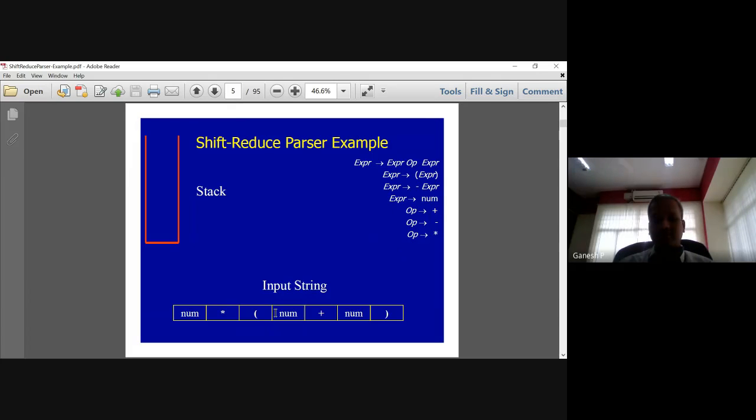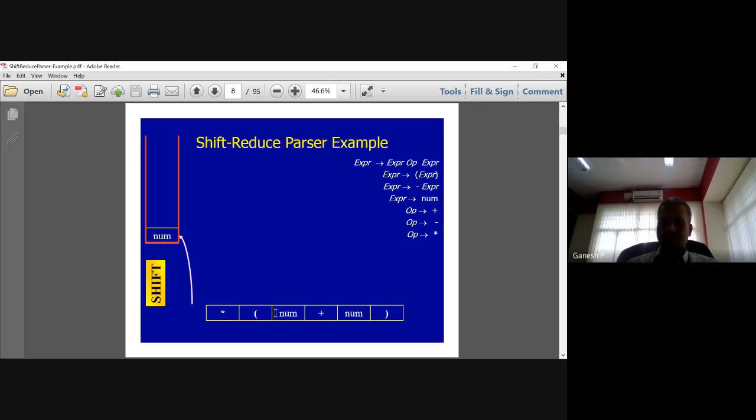Okay. So first, what is happening now? Just observe. The input is given, so some action is being done. What is that action? Shift action. Shift means push into the stack. Reduce means pop from the stack. That's all we need to understand. Just observe one by one how the arrows are moving, how the data is getting pushed, or how the data is getting converted, or rather how the data is getting popped. So this is the first step. Second.